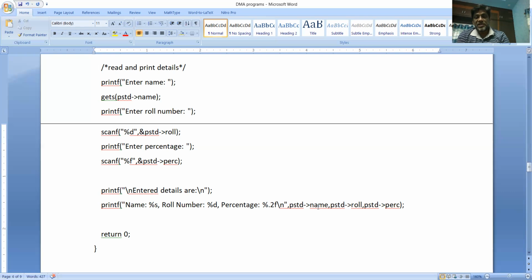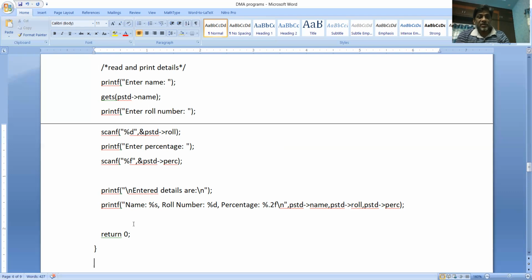So pstd arrow name is placed over here for %s replacement, and pstd arrow roll will be displayed at the position of %d, and pstd arrow percentage will be displayed at the position of %.2f. Okay, so you will get the appropriate message given over here.